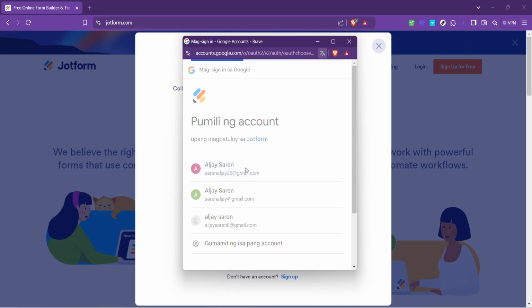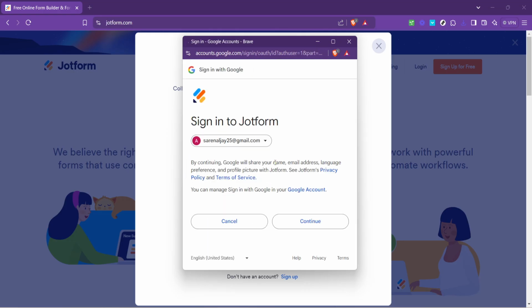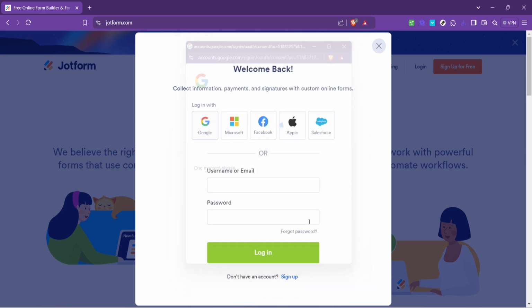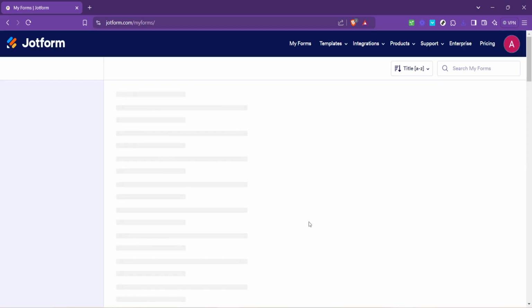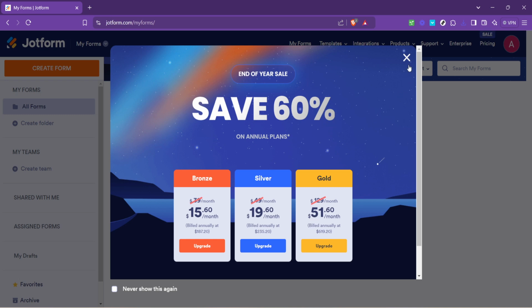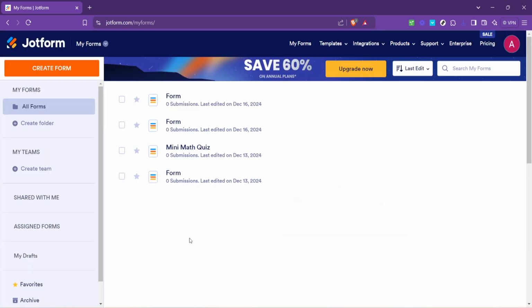Logging in can be done in several ways, but for many of us, the convenience of using our Google account or another platform connection makes the process seamless. Just choose the method that you prefer. Once you click on your method of choice, you'll be taken through the standard login procedure. It's as easy as it sounds, but do make sure that you're logging in with the account associated with your Jotform forms. After successfully logging in, navigate to My Forms.